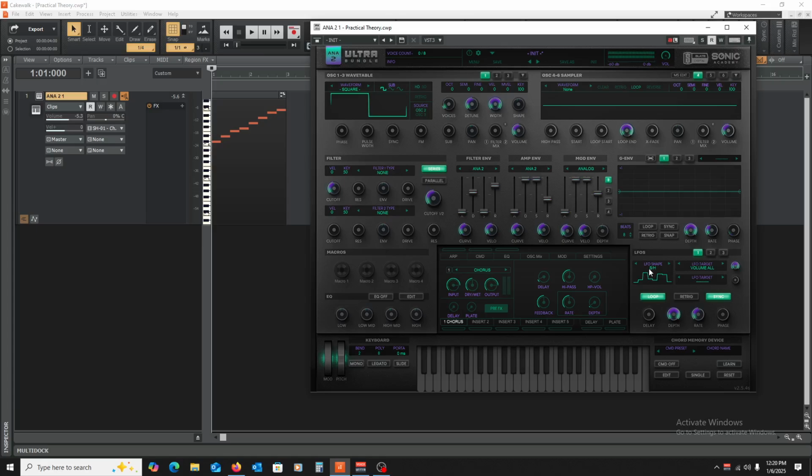I don't even know what SH stands for, but this would be the shape of whatever this is. Yeah. So you can do different shapes, and each one is going to have a different effect based on the shape. And because we've told it volume, all it's doing is controlling the volume over time as we go, at a rate we determine, at a depth we determine.